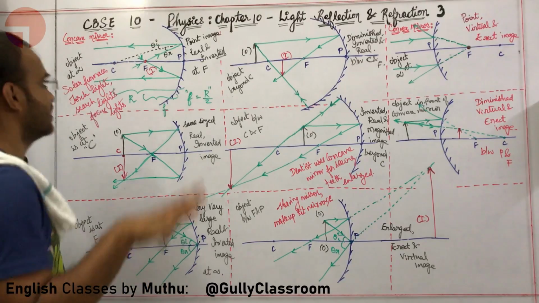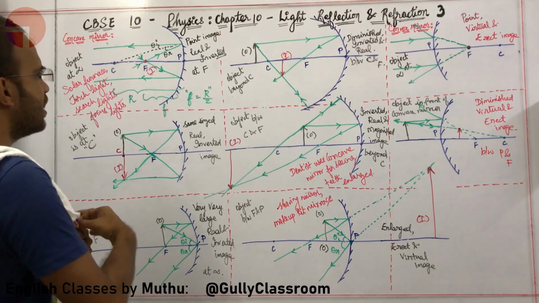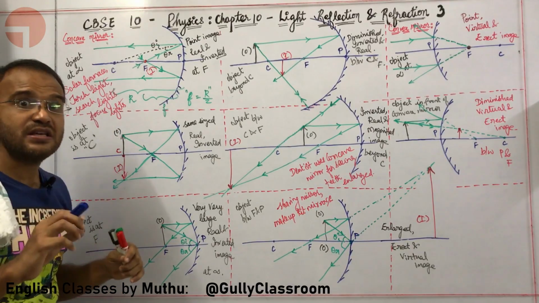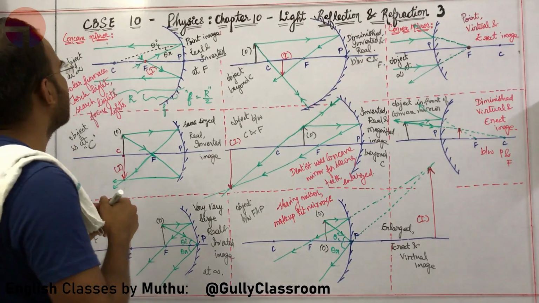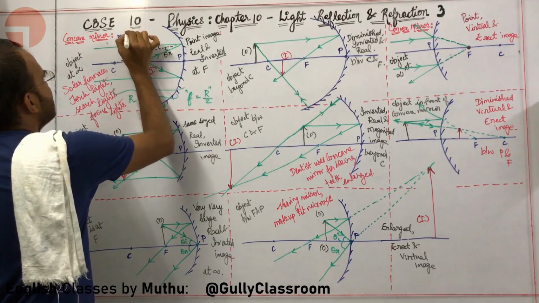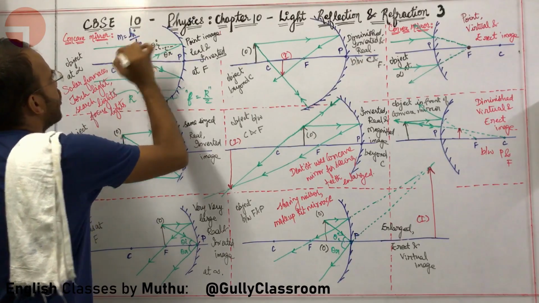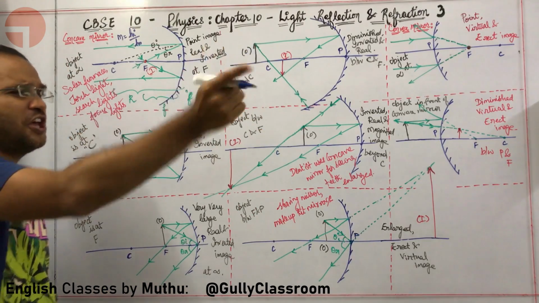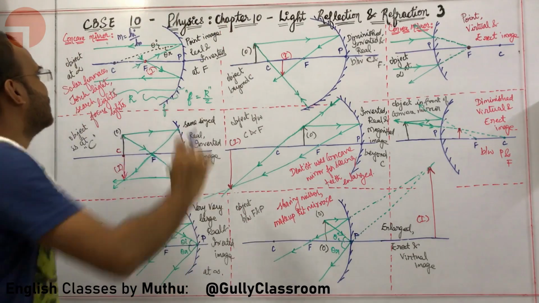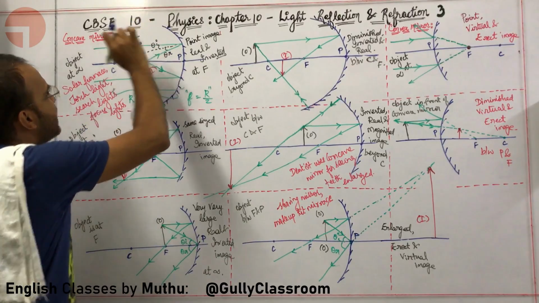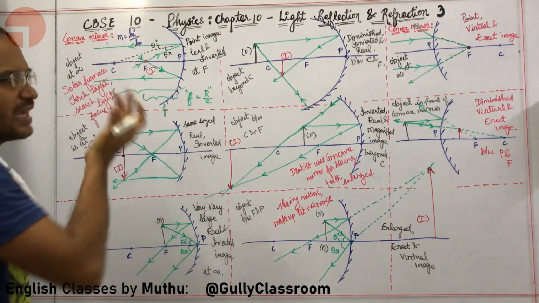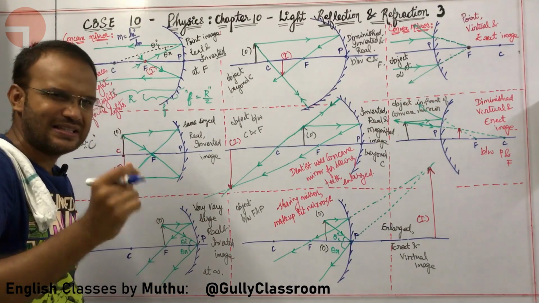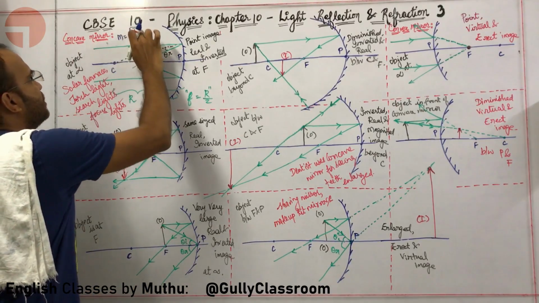Okay, what next? I can talk about magnification. Sir, what is magnification? Magnification is the comparison of the size of the image with the size of the object. In fact, the formula for magnification is M is equal to hi by ho: height of the image by height of the object. So you are comparing the height of the image with the height of the object. That is basically magnification. Can we do the understanding of magnification for each and everything in another 30 seconds? Absolutely, sir.